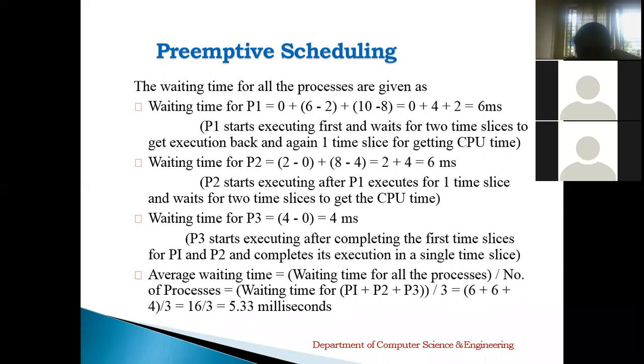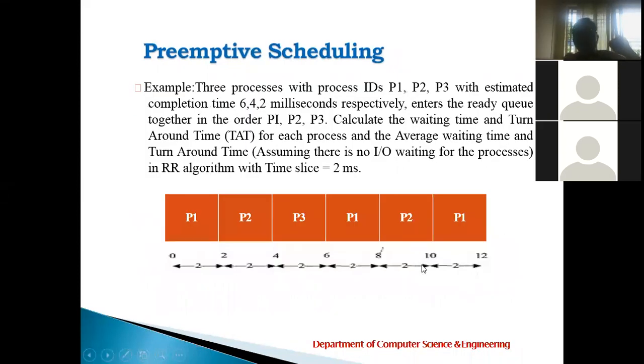Hello? Yes, ma'am. Okay. Now who will tell the waiting time for P2? Varda is not there. Sneha is there, she has joined just now, I think. Okay, Vaishnavi, you tell me what is the waiting time for P2? Ma'am, wait. You take a paper and calculate. Ma'am, 6. Yes. Okay. So tell me how it is.